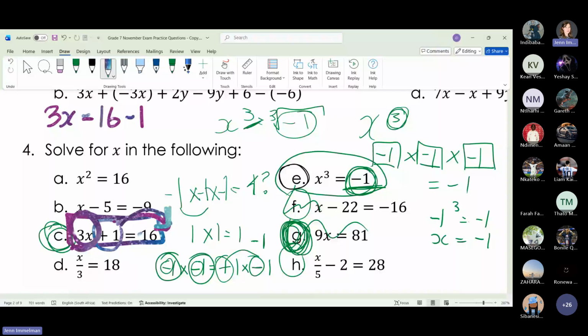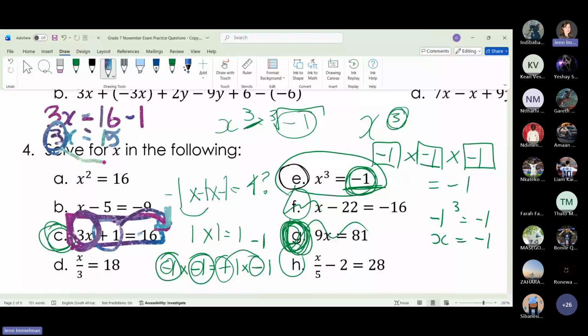Okay. So now I'm minusing 1 here. 16 minus 1 is 15. I have 3x is equal to 15. Now I need to move my 3. My x must be alone. Move it to the